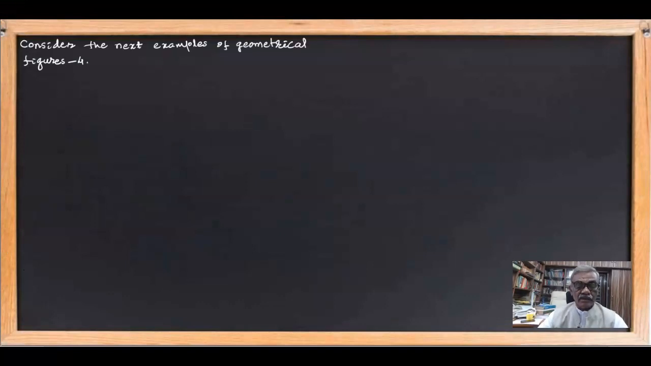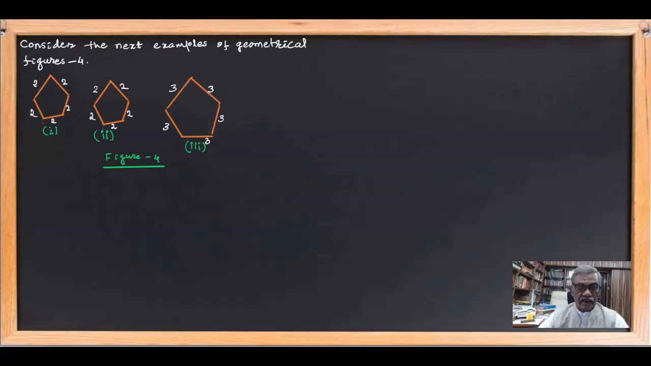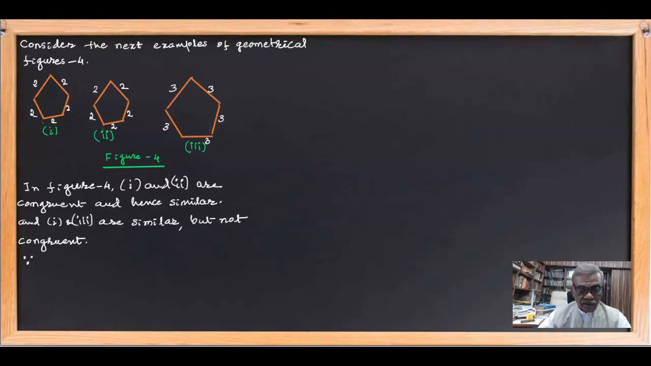Now consider the next examples of geometrical figures. As in figure 4, you can see there are pentagons given here, and some of these pentagons are similar and some are congruent. Now in figure 1 and 2, these are congruent. Pentagons 1 and 2 are congruent and hence similar. Why are they congruent? Because in 1 and 2,